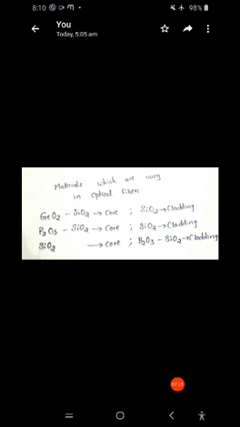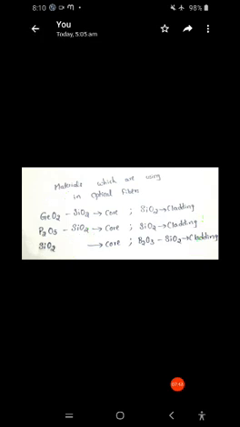So here the core is made with different materials: GeO2, that is germanium oxide silica, next P2O5 silica, next silica. All these are made with silica, that is glass. Here the cladding is also made with silica. So all these materials are used in core and cladding.